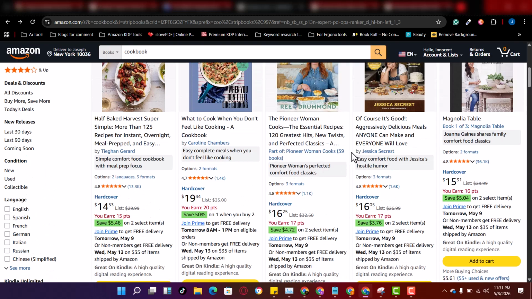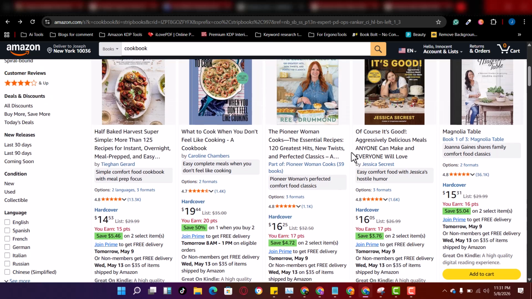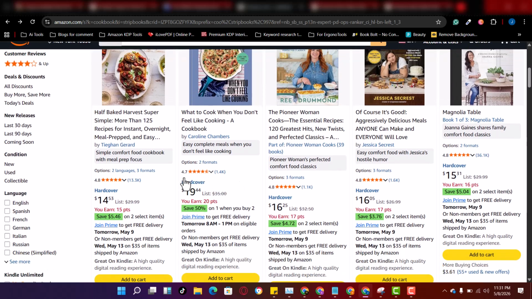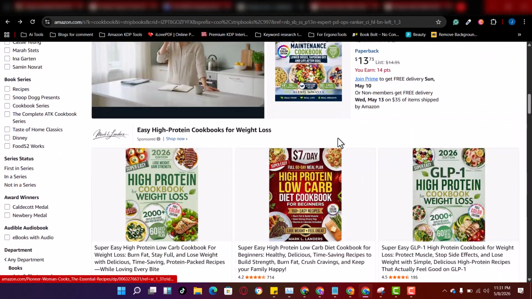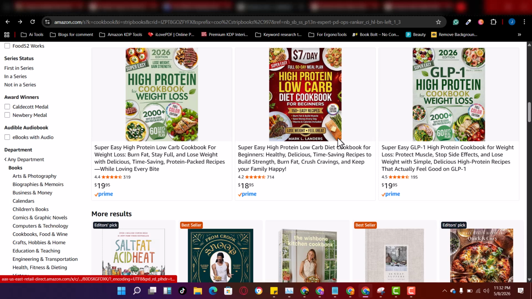So how does Amazon KDP make money from this kind of business? Like I already told you, they share the percentage, you understand. So let me take for instance this particular book right here. You can see this book has over 1,400 reviews. So the person who wrote this book has written it and published it on Amazon. Now this is how Amazon makes money from the books. There are different types of books that you can publish on Amazon, right? You have the paperback, the hardcover, the ebook, the low content, the no content, and the non-fiction and fiction books. So these are the kind of books that you can write and publish on Amazon. I'm going to explain some of them more clearly for you.